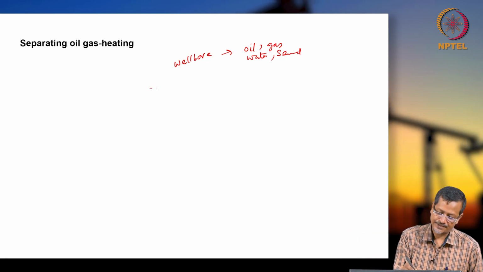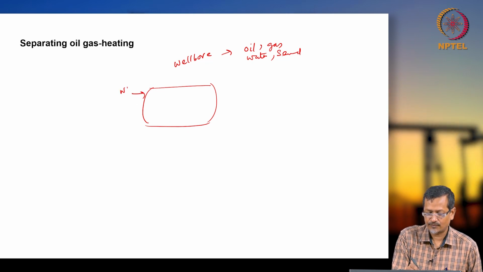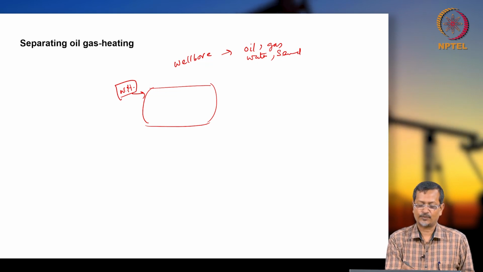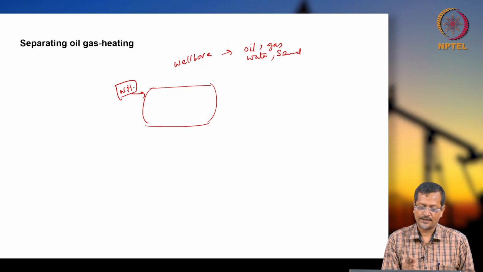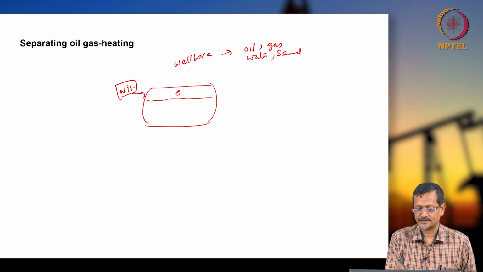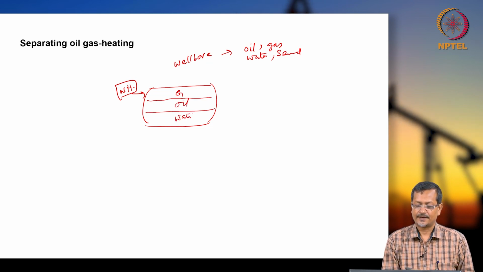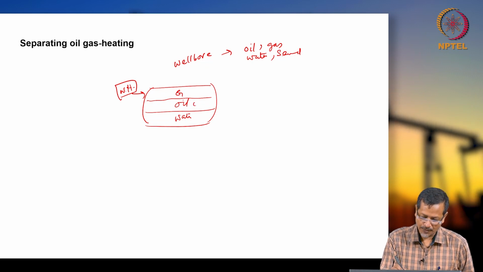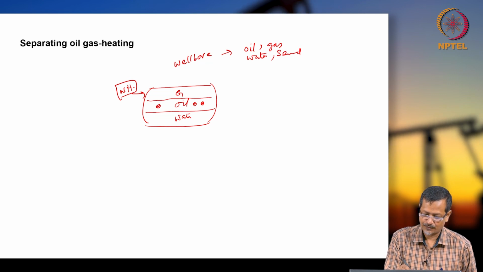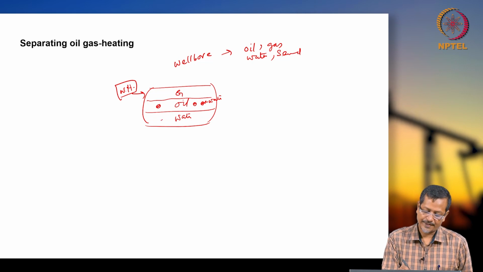Okay. So let's say I have one separator, and I inject one wellbore fluid. It is coming from the wellhead, I am writing WH. Then there will be a choke, then maybe some other manifold, then it will come to the separator, and you are creating gas layer, oil layer, water layer. Now oil particle, water particle is here. These are water. Now there is an oil particle in